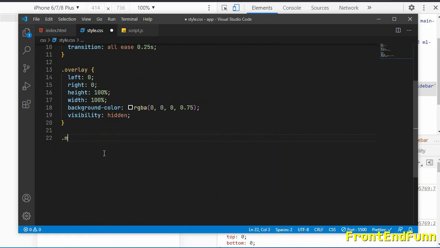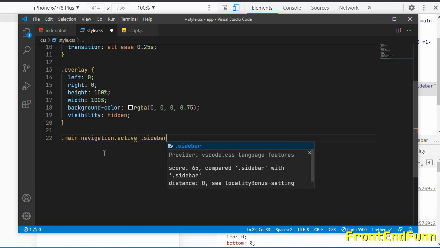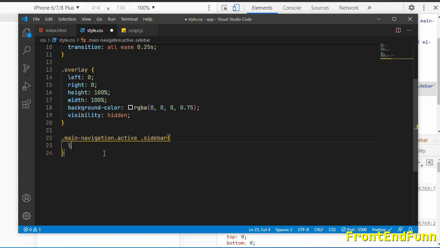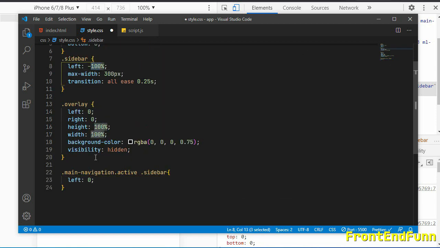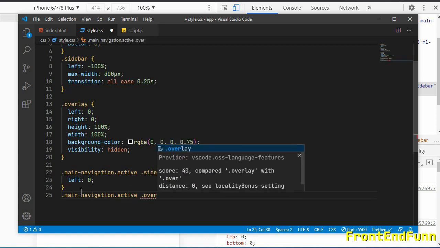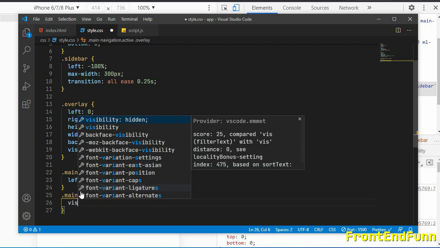So when main navigation is having an active class, then we'll target the sidebar and set its left to 0. Because we are pushing the left to -100%, I'm just making the left to 0. Similarly, when main navigation is having an active class, then I'll target the overlay and set its visibility to visible.